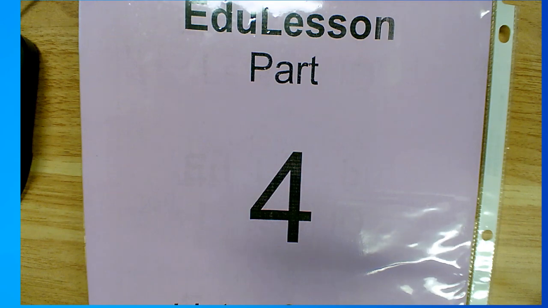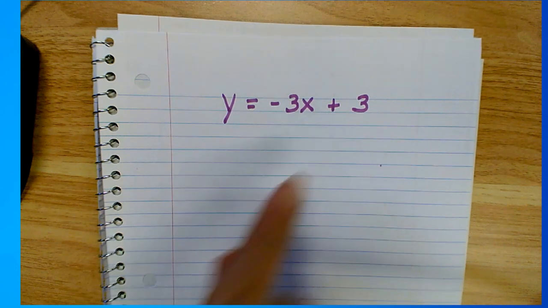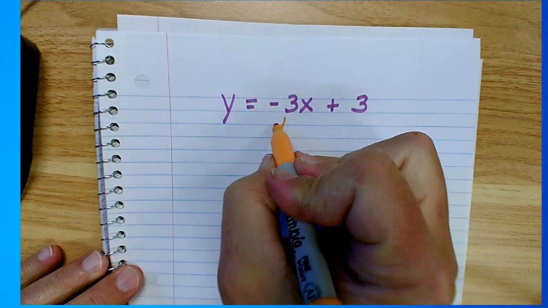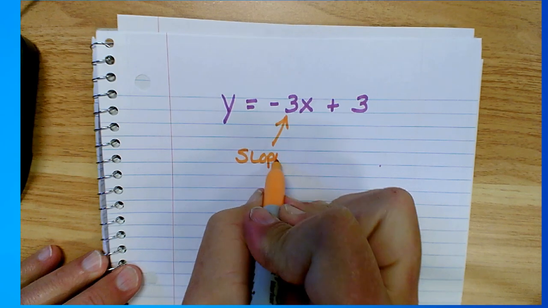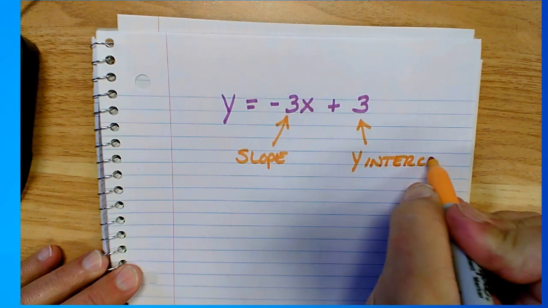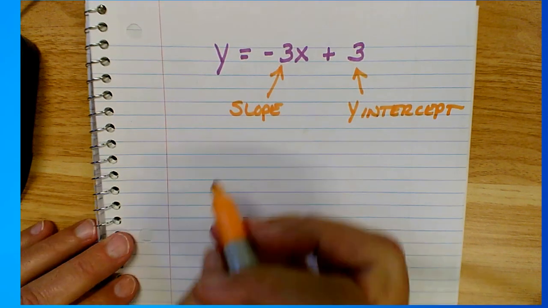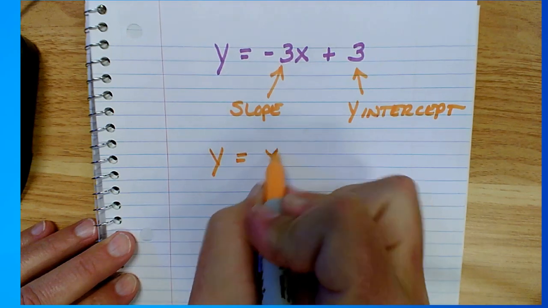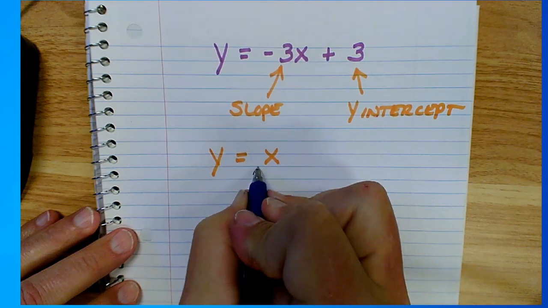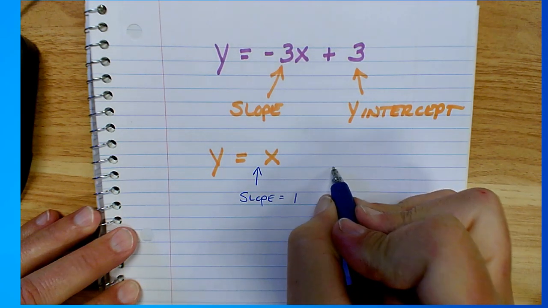We already know that a graph and an equation and a table can all be related. Here is the equation. Which one is the slope? Which one is the y-intercept? It doesn't take anything more than that. You're just looking at it. Here, y equals x. What's the slope? The slope here is 1. And the y-intercept